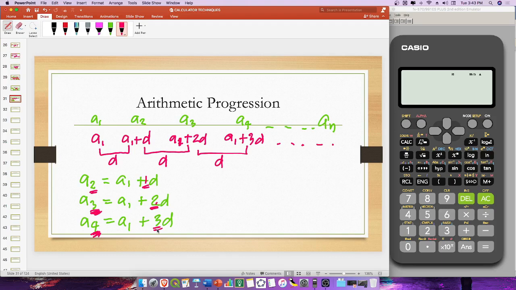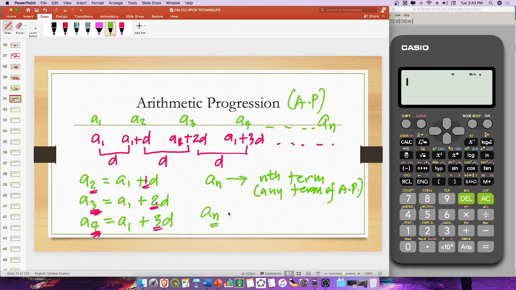What if now we will solve for the nth term. So AN here is the nth term. Nth term means any term in your arithmetic progression. So we can label this as any term of AP. AP is your arithmetic progression. So for any term, take note, if this is n, if this is AN, the AN can be